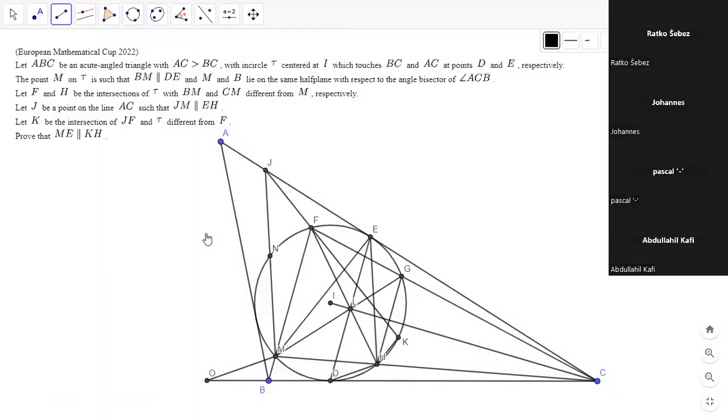So by homothety we would have that the circumcircle of OMJ is tangent to CB and CA. And that same homothety takes G to F because